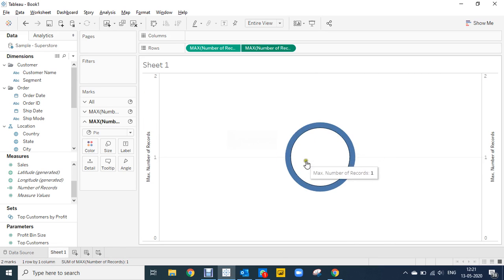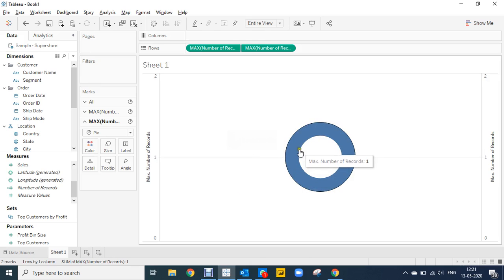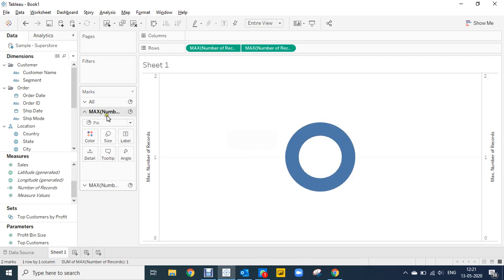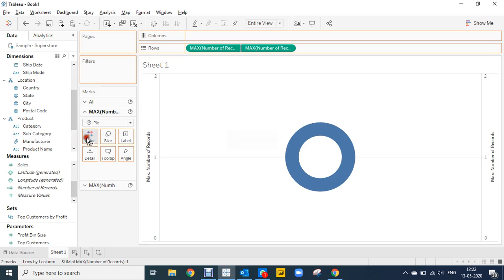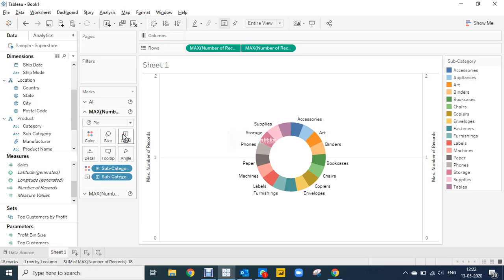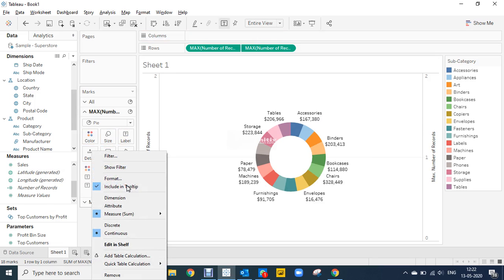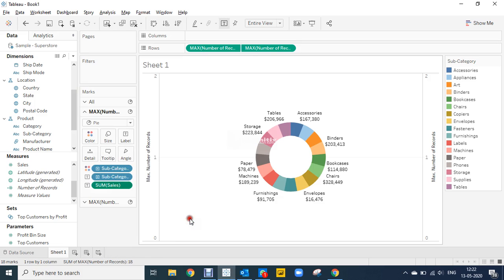You can reduce the size of the second pie chart to make it look better. So these are the pie charts, and if you want to show something in the pie chart, then go to the first mark and use your dimensions. Suppose I want to show subcategory wise sales, so just pick subcategory and put it into colors, and then subcategory into labels, and we can show sales. If you want to show it percentage wise, go to sum of sales, quick table calculation, percent of total. So this is how it is.